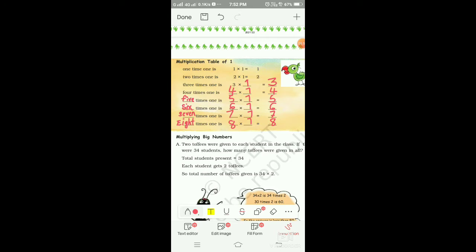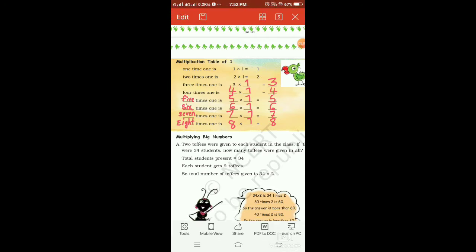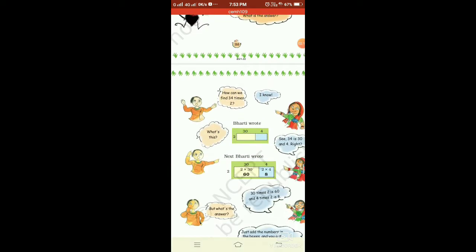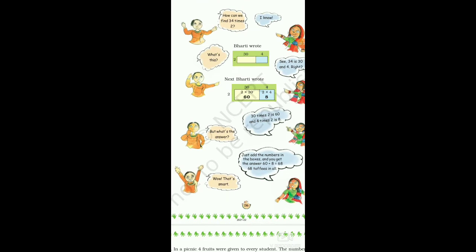Okay students, and now we have to do multiplying big numbers. That means I'm going to teach you multiplication of 2 digit with 1 digit numbers, and also 2 digit with 2 digit numbers. Okay students, and listen to me carefully. Here I'm going to cover this page number 135 using notebook, and here box multiplication method is given on 136